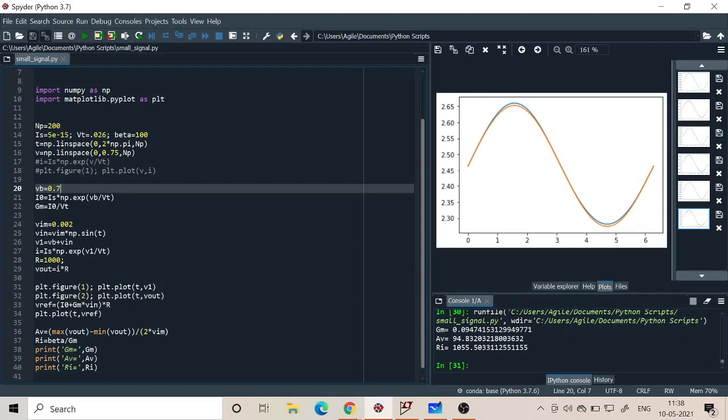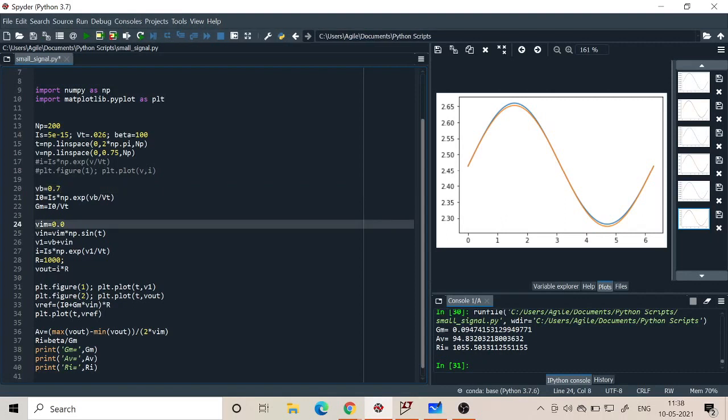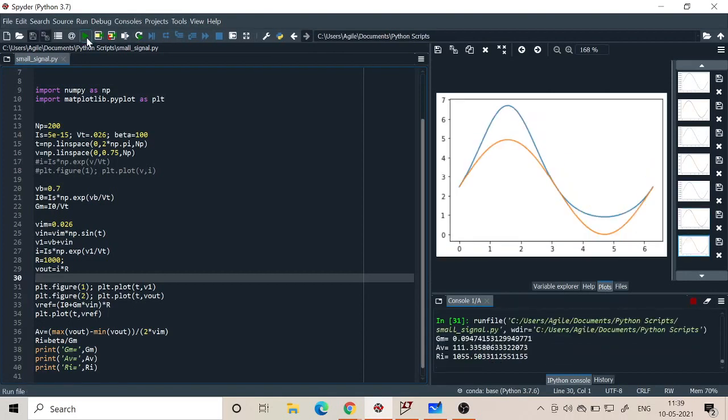Now one very very important thing I want to tell you is what is going to happen if I increase the change. Say instead of 2 millivolt, if I make 20 millivolt, 20 millivolt means it is comparable to VT. So our approximation is not holding, the linear approximation does not hold now. For that, at least it should be 1/10 of VT, but now it is like 20 millivolt and 26 millivolt, they are comparable. Okay, so let's make it 26 millivolt itself, so they are the same value. If they are the same value, you cannot neglect the higher orders. Okay, I want to show you that.